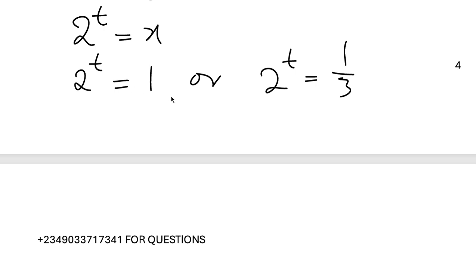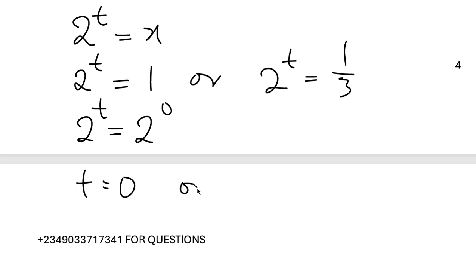Now, 2 to the power t equals 1, how do you solve it? You can rewrite 1 as what? 2 to the power 0, because you want them to have equal bases, and then you solve the equations on top. Do you get? Because 2 to the power 0 is what? 1. Any number except 0 raised to 0 is going to give you what? 1. Do you get it? So that means you can now say that t is equal to 0,